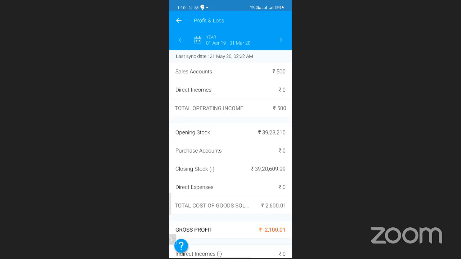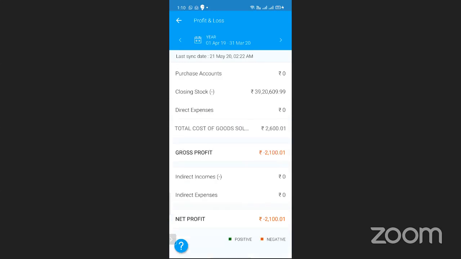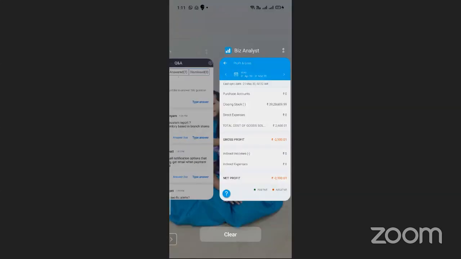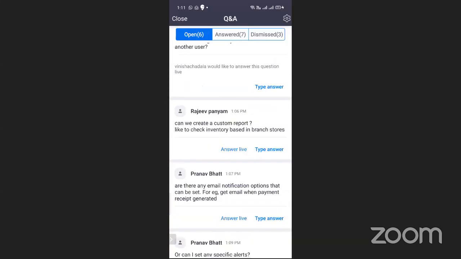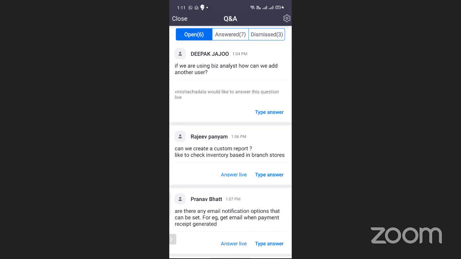So this is basically demo data. We have mentioned all the data very hypothetically, so please take this data as demo only. In your data, you can see your profit and loss on a monthly basis, I can say.